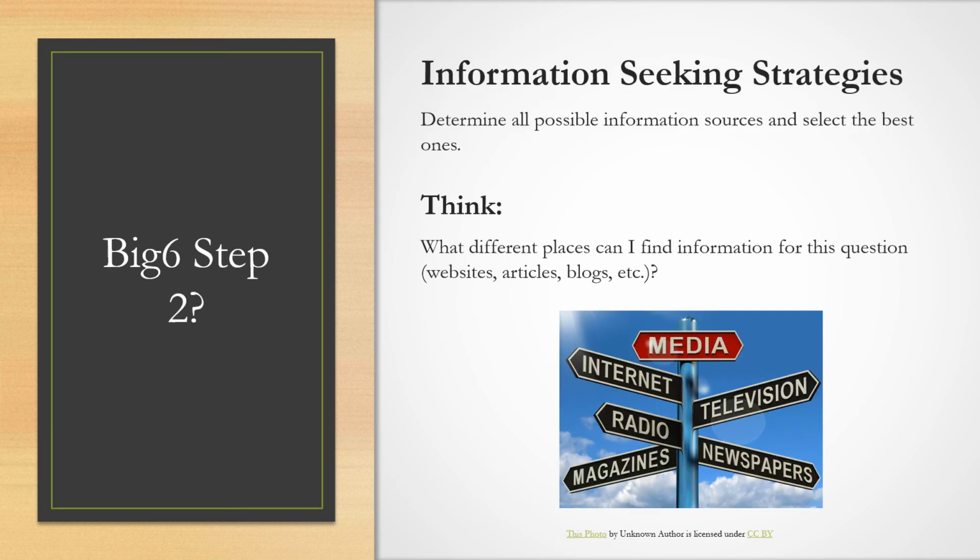Step 2 is information seeking strategies. And this is where you have to look at all the places where you could find information about your question. A lot of us default to the computer. Oh, I'll put it in Google. I'll look at Wikipedia. And while Wikipedia and a Google search are not necessarily bad when it comes to the research process,